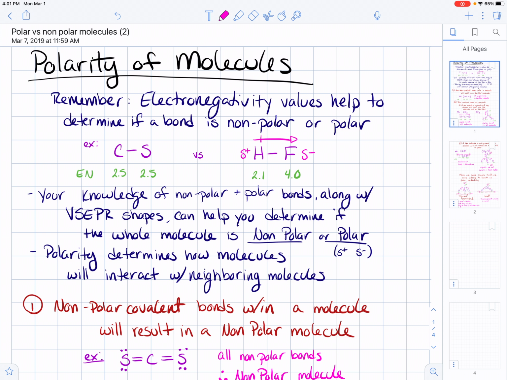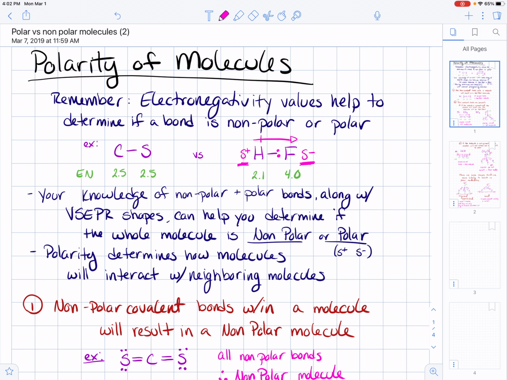Versus hydrogen and fluorine over here. Hydrogen has an electronegativity value of 2.1. Fluorine has an electronegativity value of 4.0. Fluorine being much more electronegative than hydrogen, when they share electrons, shares them unequally. So the electrons are closer to the fluorine. That's going to give fluorine that partial negative charge, and that leaves hydrogen with the electrons further away from it, with a slight positive charge, forming a dipole, meaning two poles,